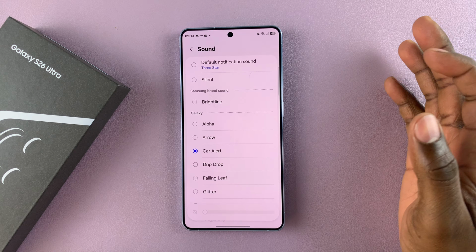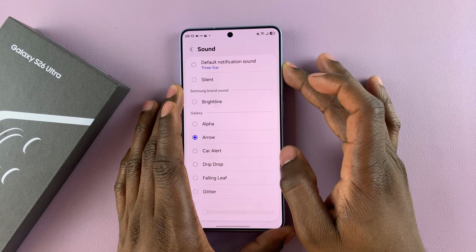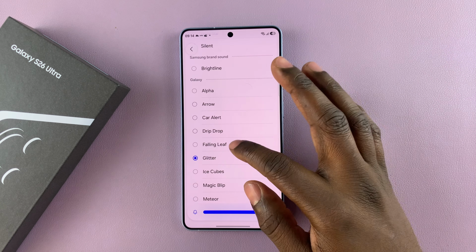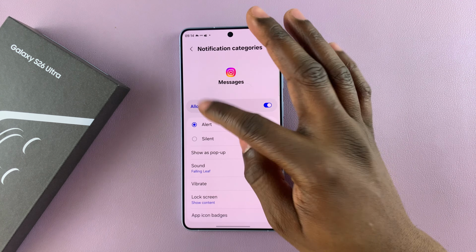So select the one that you'd like to use and you should hear a preview of how it sounds. So tap the one that you'd like to use, and once you're done, you can exit the settings and the